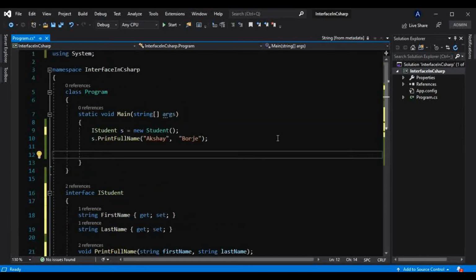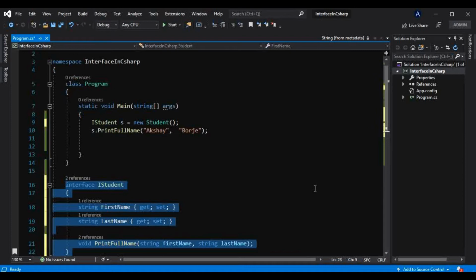Now you guys might be wondering, when we learned abstract classes, at that time I also showed you that an abstract class also provides abstraction in C#. So what is the point of using an interface then? Can't we use an abstract class here? Then when to use an interface and when to use an abstract class? That question can arise, and you might be wondering that as well.